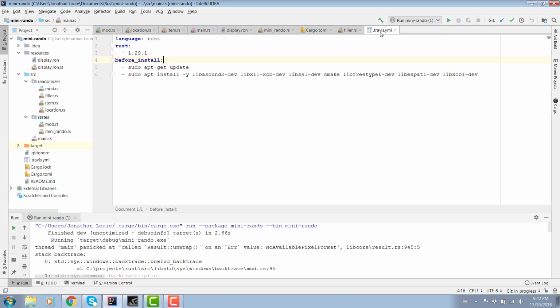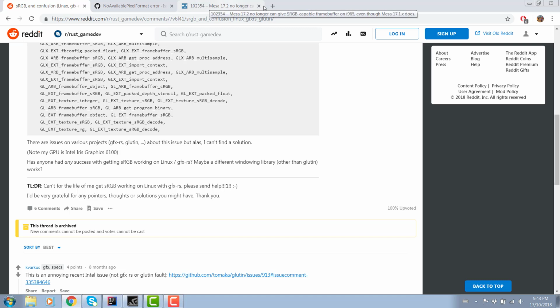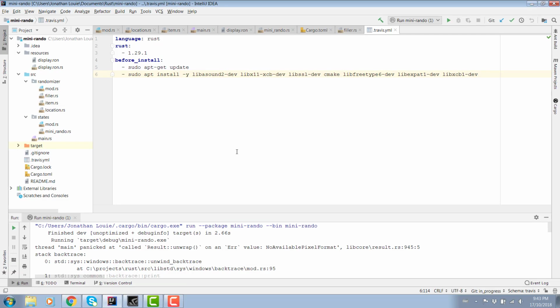Other things that happened. Travis is working now. Here's what I had to change to do the sudo apt-get update, and then install this dependency like I showed earlier on camera when I was trying to get Travis working. So yeah, that's all it took. And the first build, oh wait, I don't have it open anymore. Well, the first build that I tried with this, it passed and everything seems good. It does run the tests as I expect, and I'm very happy with that.